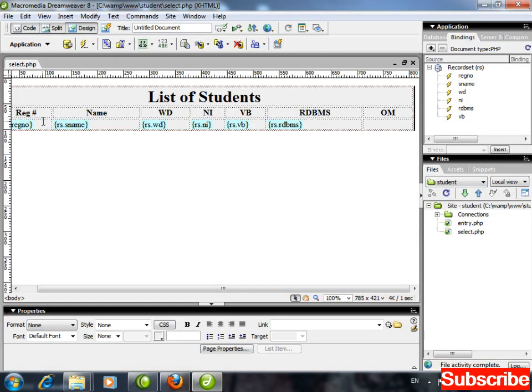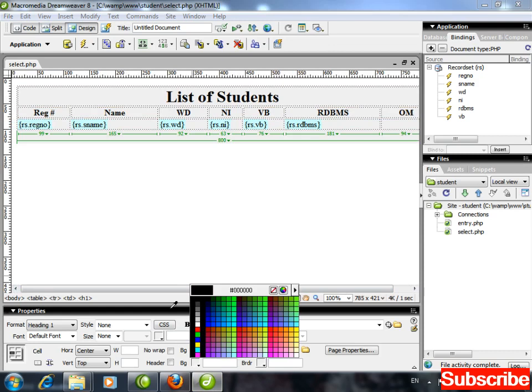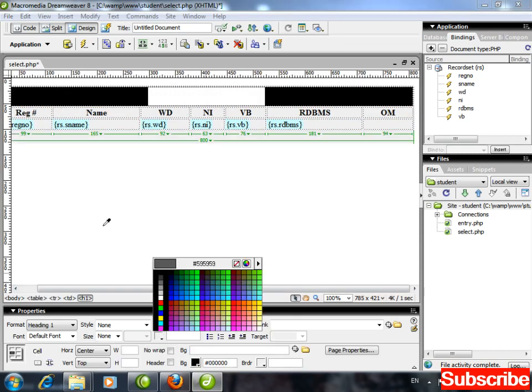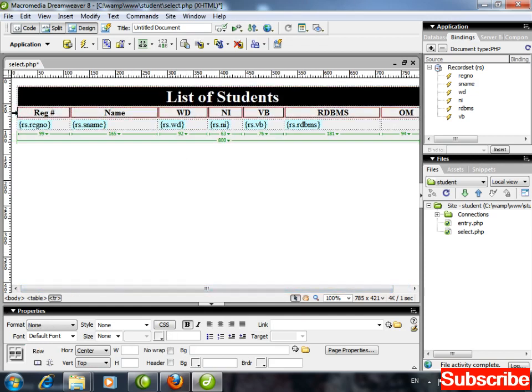Let me change the look. Let me change the background color, then it will look a little good. This one selected, or this cell selected. Background color to black color. Text selected, text color to white color. And now for this one, all of them selected.